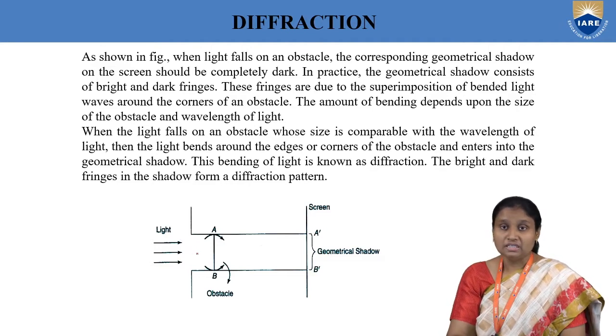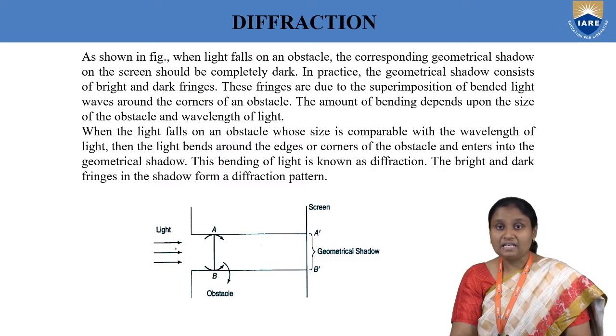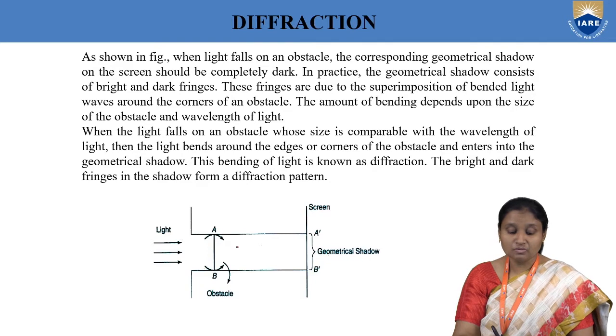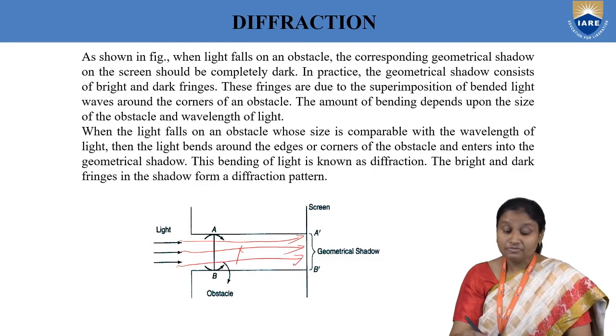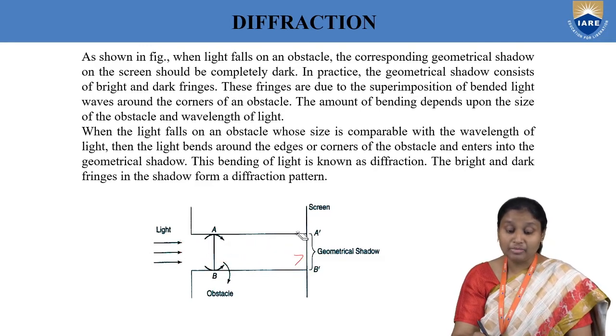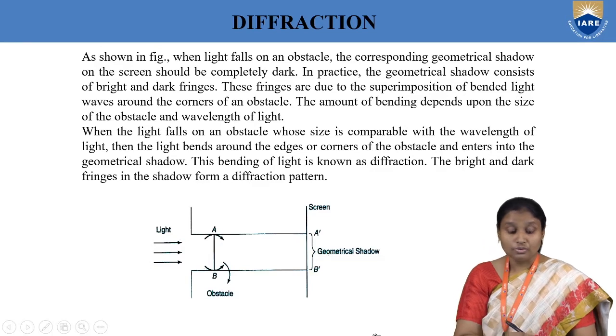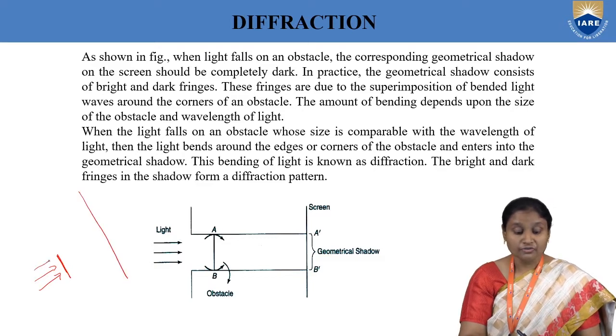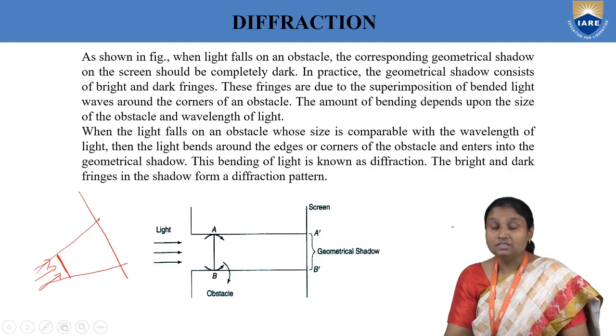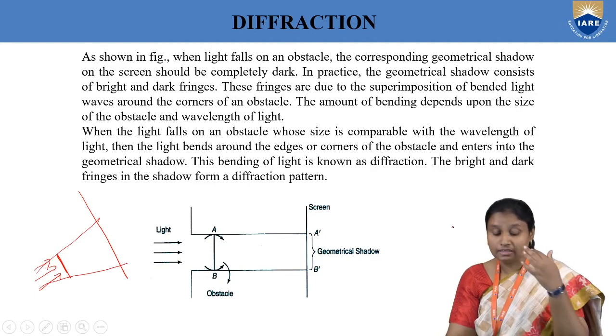Of course, if there is no slit, light will be traveling parallelly in this direction. Suppose there is no slit, then light will be going parallelly in this direction. But because we have kept one slit in the path of the light, also you can keep one obstacle in the path of light. Suppose this is your screen. So if you keep one obstacle in the path of light, then what you will observe here is, and one more thing we have to understand here is,